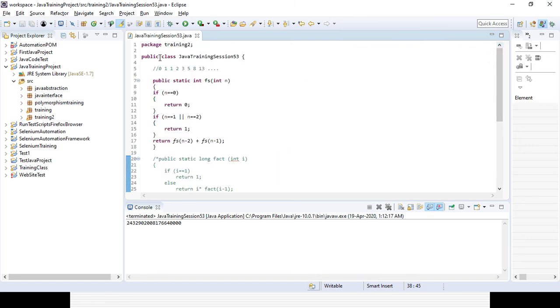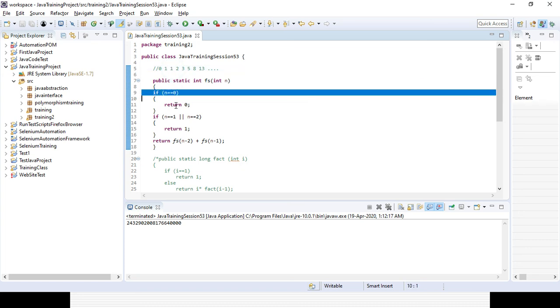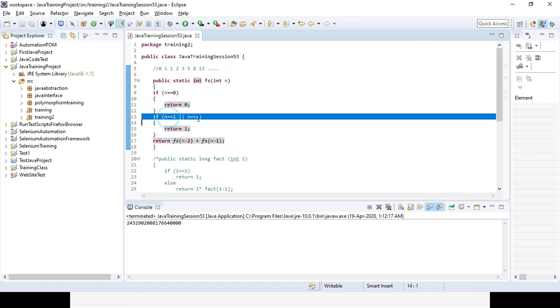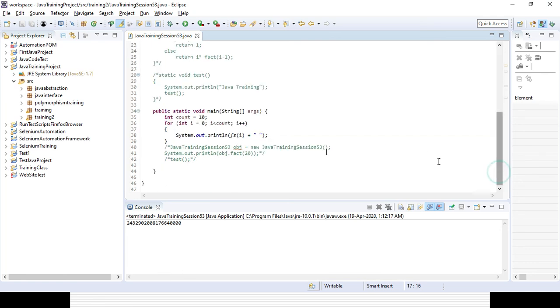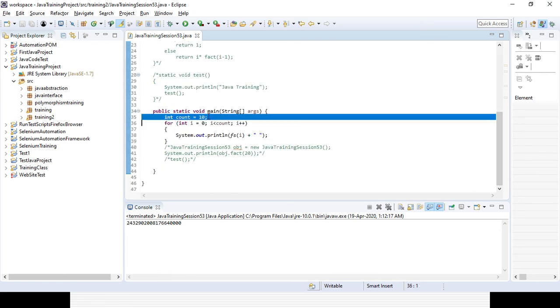So what we are dealing with, Fibonacci series, is the summation of two previous numbers. So 2 is 1 plus 1, 3 is 1 plus 1. We know the first three numbers of the series are 0 1 1. In case it matches 0, it will return 0. In case it matches 1 or 2, it will return 1. For other values of n, it will be the summation of the previous two numbers, that means n minus 1 and n minus 2. It is a sum, right?